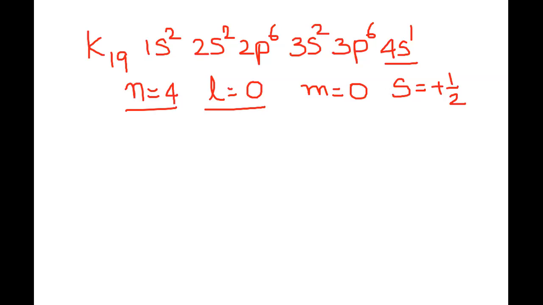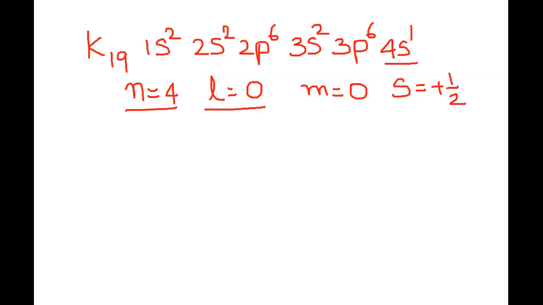When L is equal to 0, necessarily the electron is in the S subshell. If it is in the S subshell, that means it is going to be spherical in shape, all right? And it is also going to give you an idea. Suppose n is equal to 1, then of course there is no other chance. L will equal 0 only. M will equal 0. S will equal plus half or minus half.